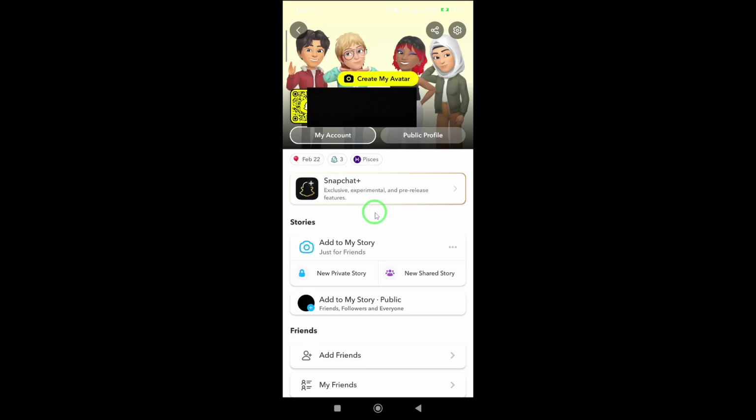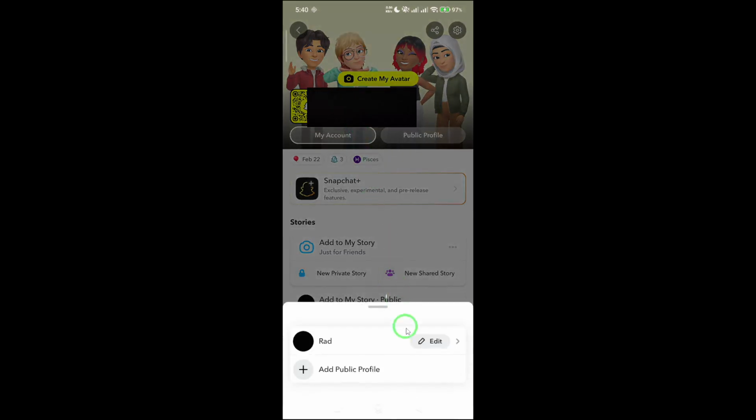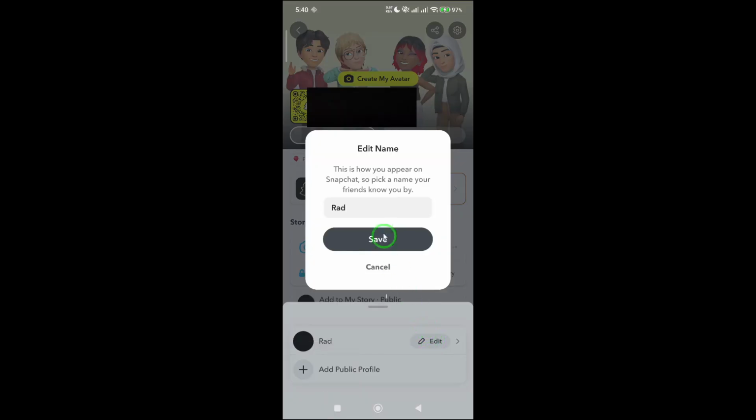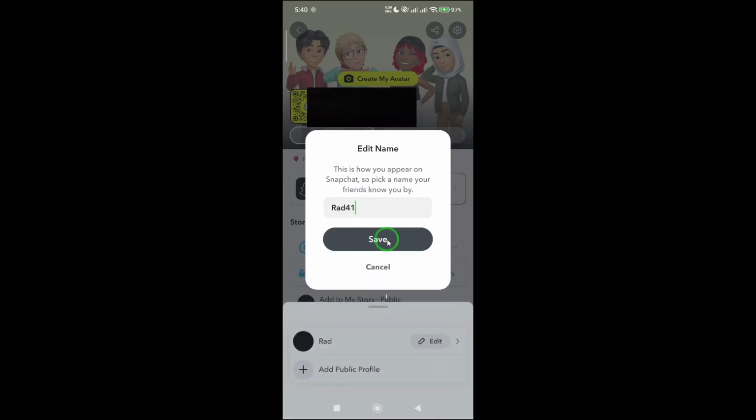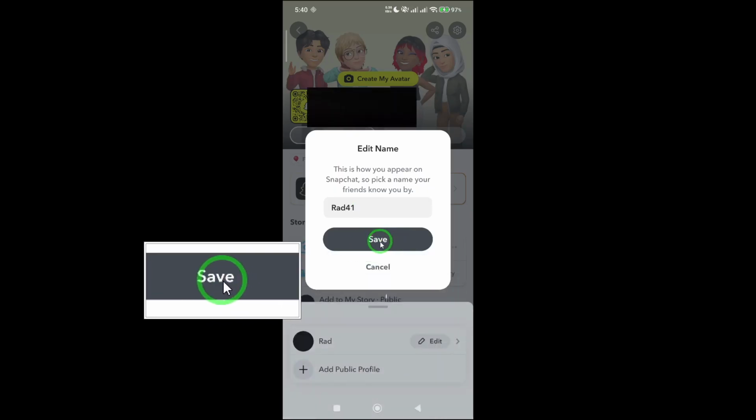Now that you're on your profile, find your current display name. It should be right near the top. Tap on your name and Snapchat will give you the option to edit it. This is where you can get creative. Whether you want to use your real name, a nickname, or something fun and unique that your friends will instantly recognize. After you've typed in your new display name, double-check it to make sure everything looks exactly how you want. Spelling, capitalization, even emojis if you're using